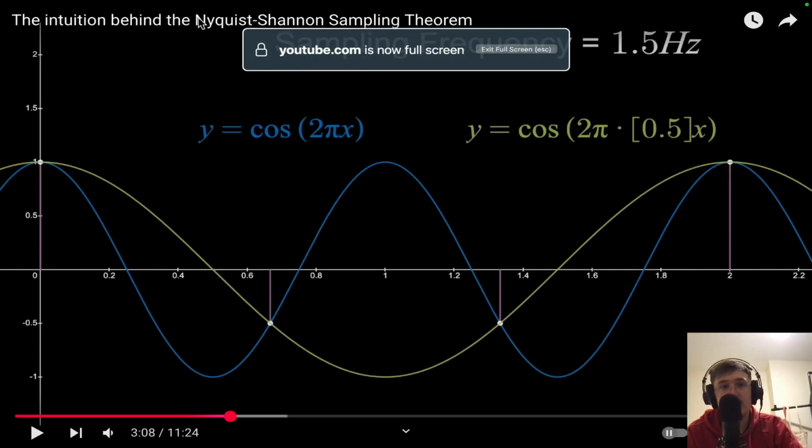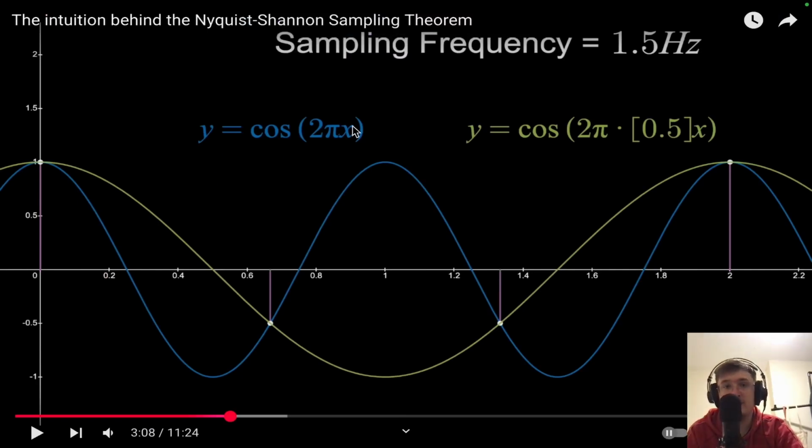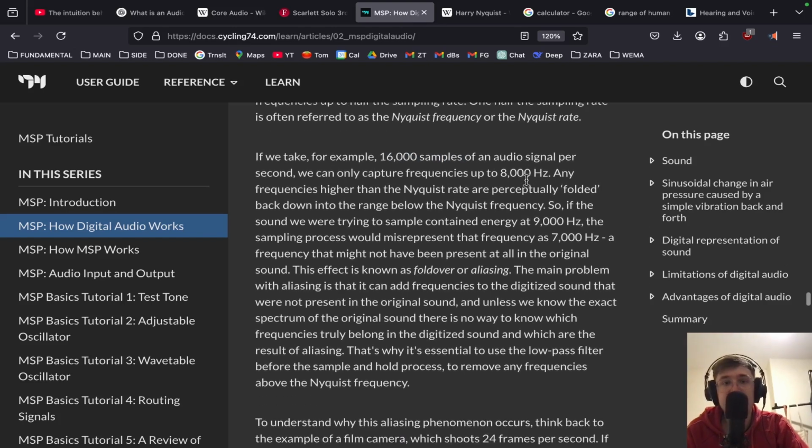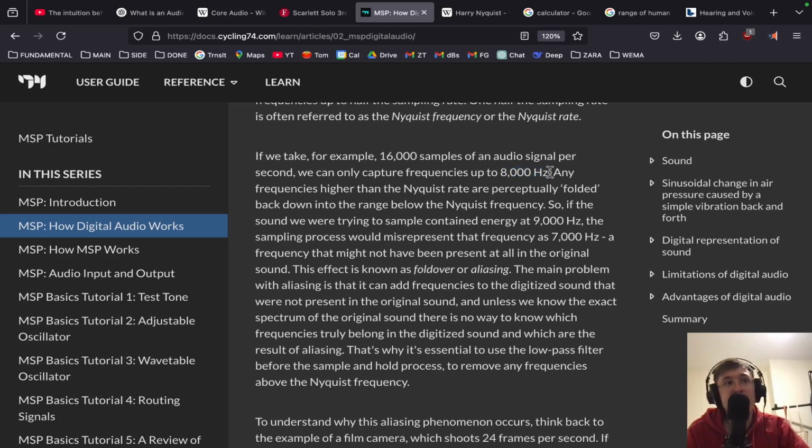So that's what the Nyquist-Shannon sampling theorem is. Basically, you have to have a sampling frequency twice as big as the waveform or the signal in order to accurately represent it or find it. So if we have 16,000 samples of an audio signal per second, we can only capture frequencies up to 8,000 hertz without aliasing. Now, aliasing, what it means is that